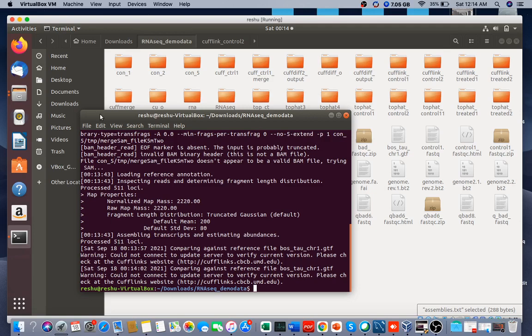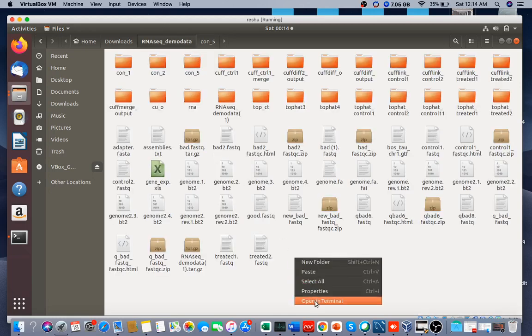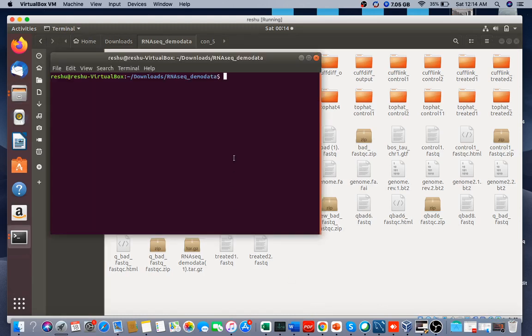Okay, so now you have run the cuffmerge command and the output folder name was this, so you got this merged.gtf file here. Now we need to run the cuffdiff command, and for doing that you can just open terminal here, type cuffdiff, then the output folder name, let's say control 9, then capital L, then the labels of your samples, which are control and treated,